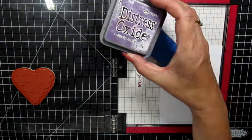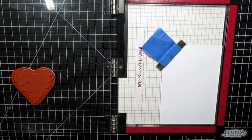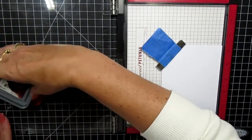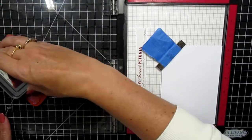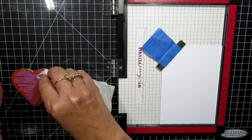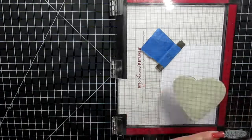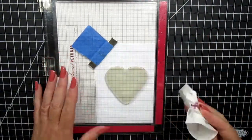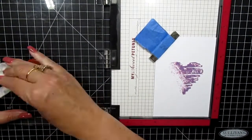We've got some Victorian Velvet, we've got some Dusty Concord, and we have some Villainous Potion that I'll bring in a little bit later. Now there's a big gap between these two colors and I'm going to show you what I'm going to do about that. So I'm just applying a little bit of color on what is currently the left hand side, which is going to be our right hand side, and I'm just dabbing it off with a baby wipe, and it's just going to give us that very soft